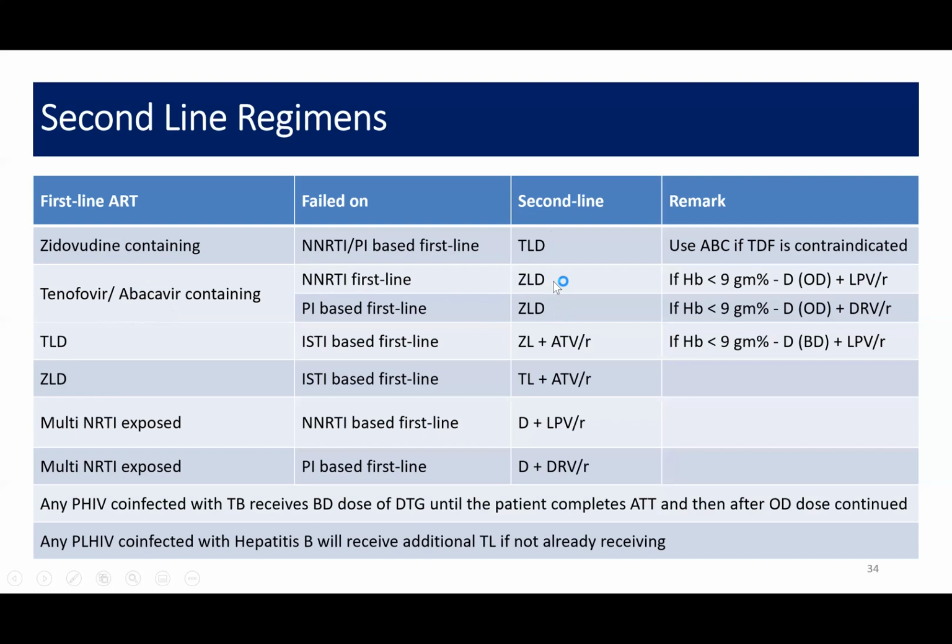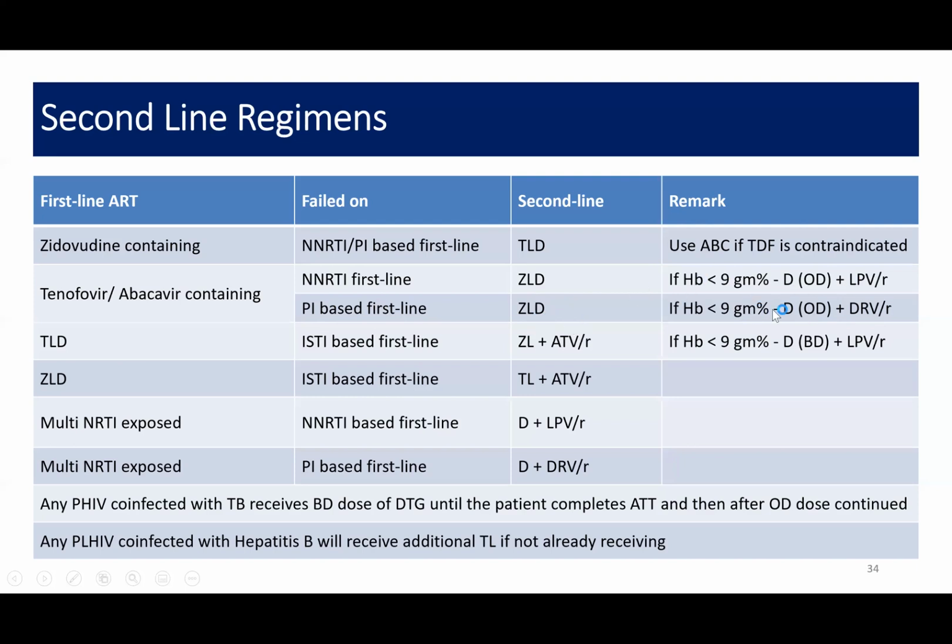But the difference comes here if this patient has anemia. If this patient has anemia, we will not be able to use zidovudine. In place of zidovudine, if the patient was given NNRTI based first line, for example nevirapine and efavirenz, then obviously in the second line we will be using lopinavir, ritonavir along with dolutegravir. But if the patient was given protease inhibitors like lopinavir in the first line itself, and if this patient fails, then the next drug will be darunavir, ritonavir in addition to dolutegravir, because of anemia, we are not able to use zidovudine here.